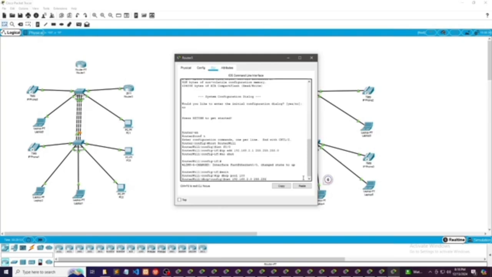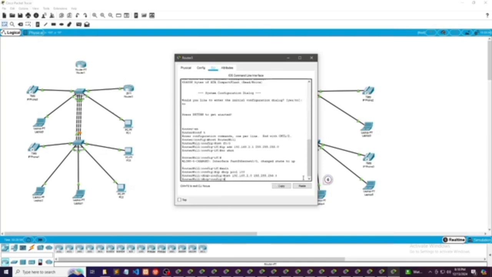Then enter, and then default-router, okay, 192.168.2.1, as you can see. Excuse me. Then type exit. Then enter.